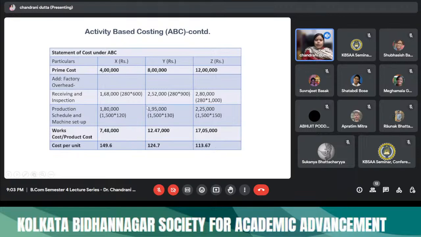Okay, so have you understood the application of ABC and how it is different from traditional costing through this problem? হ্যাঁ, understood? ম্যাম, বুঝেছি ম্যাম। ম্যাম, একটা ছোট কোশ্চেন আছে, কস্ট পার ইউনিটটা কি করে বার করছি? কস্ট পার ইউনিট, গুলো তো জানি কার কত ম্যানুফ্যাকচার হয়েছে, তাহলে 7,48,000 ডিভাইডেড বাই দ্য ইউনিটস ম্যানুফ্যাকচার,